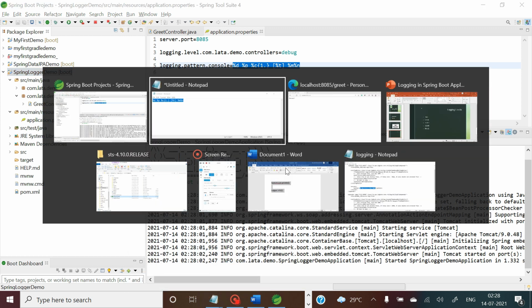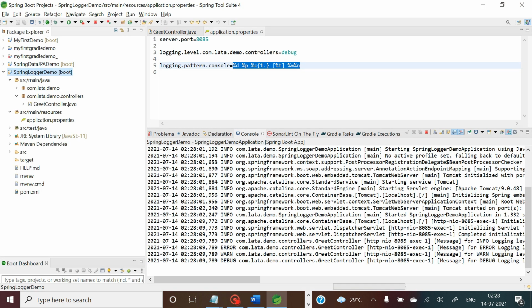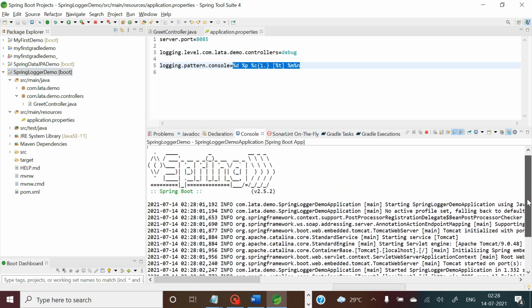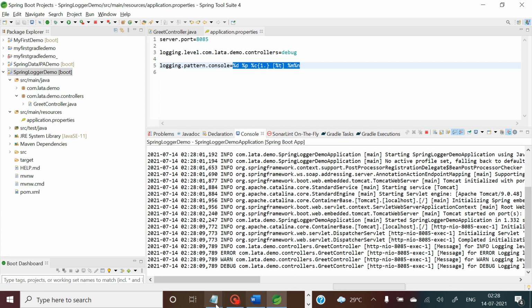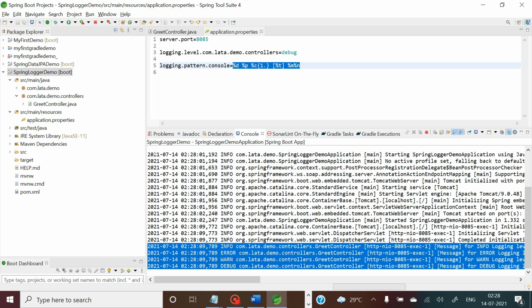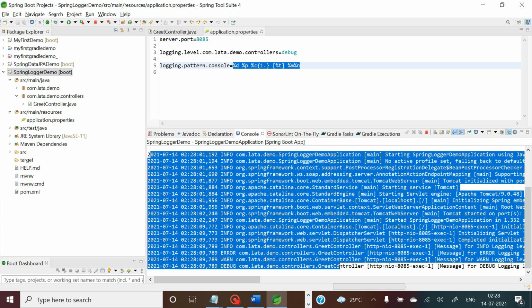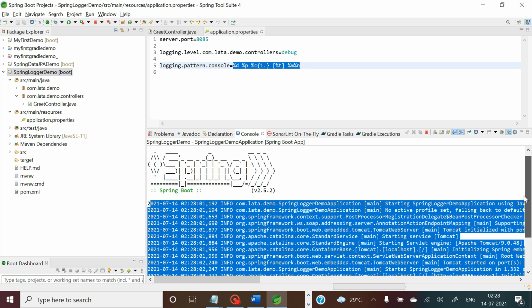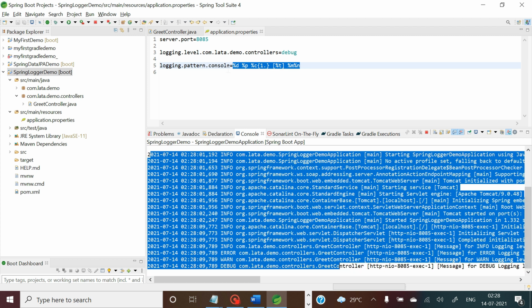Let me refresh this page so that the handler method can work, and then you can see on the console the information is maintained like this, the pattern has changed. After executing this application you can see that the logging pattern has changed, and in this way you can use different patterns to display your logging information.